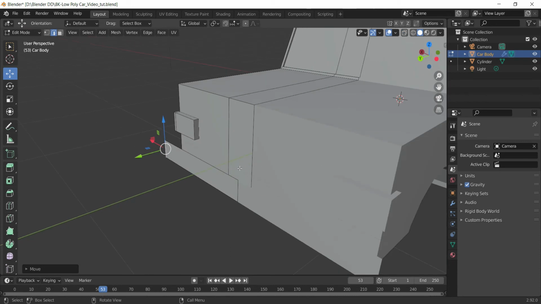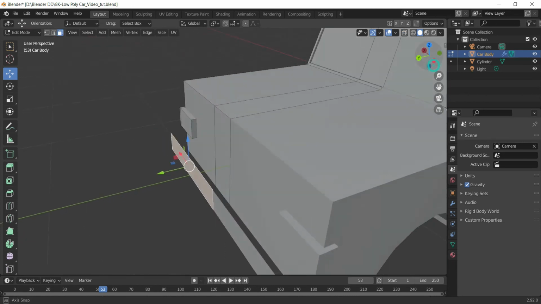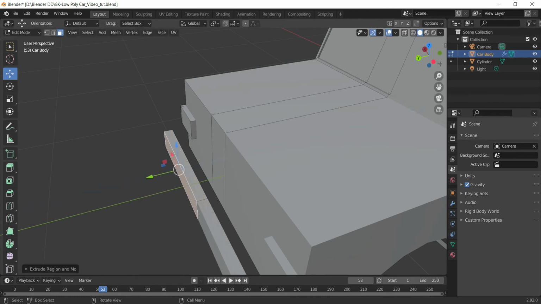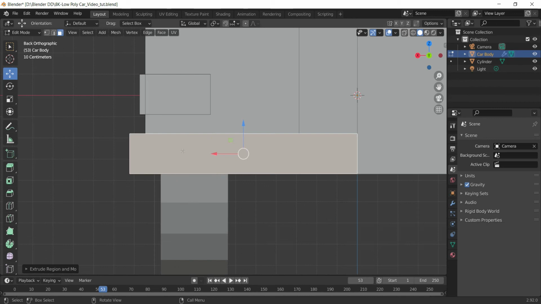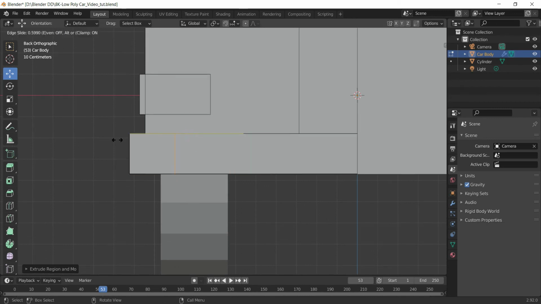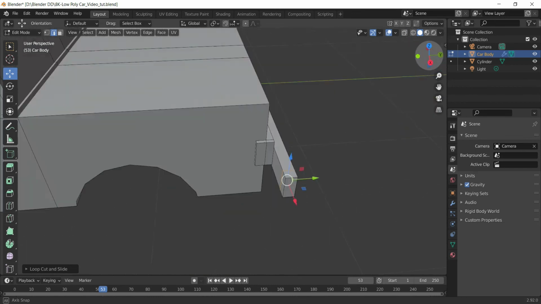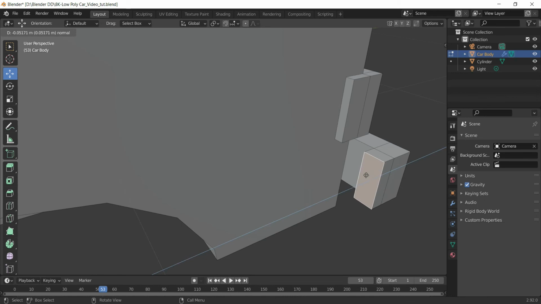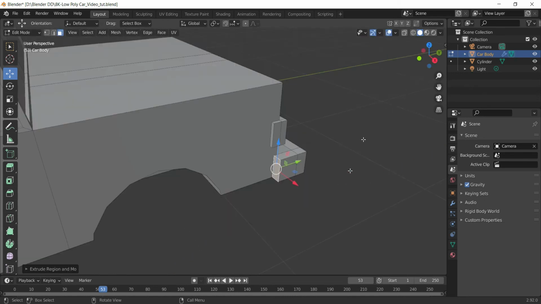And then what we need to do is we'll extrude this out a bit like this. We'll come here, insert a loop cut like this. And seems about right.